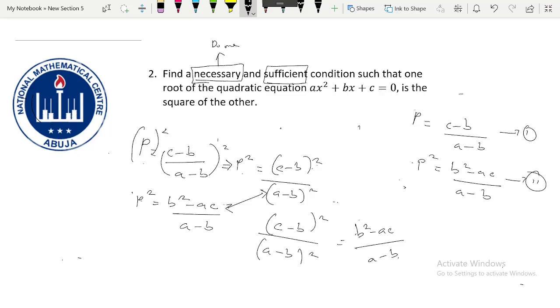So I can multiply it by (a minus b) squared, so I have something like, okay, next something is missing here, sorry, it should be an a here, so this should be a into (a minus b). So if I multiply it by (a minus b) squared, I have something like (c minus b) squared equals (b squared minus ac) over a into (a minus b). So all I did was multiply through by,